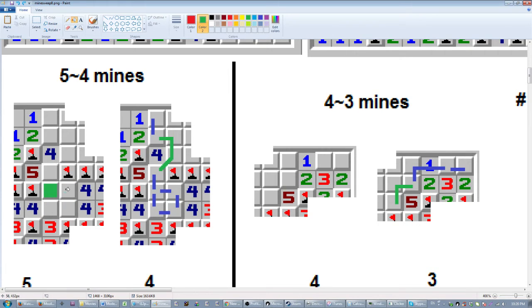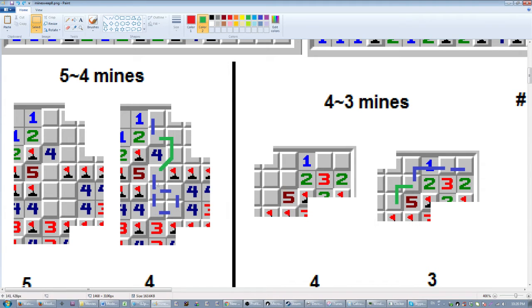So this is a kind of logic statement, I guess. If there's 1 mine here, and 1 mine here, then this becomes connected, and there's only a set amount of mines among these 2 blocks. This is a common formation called a box, so this was easy for me,